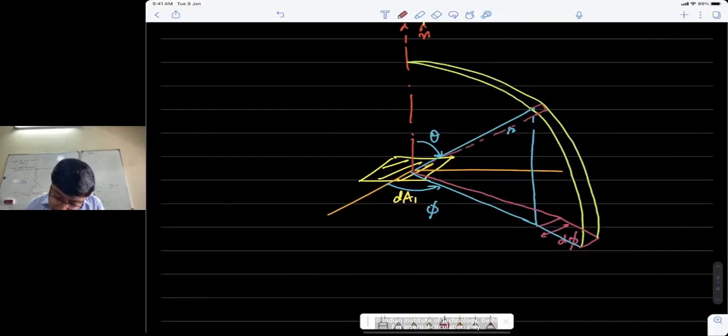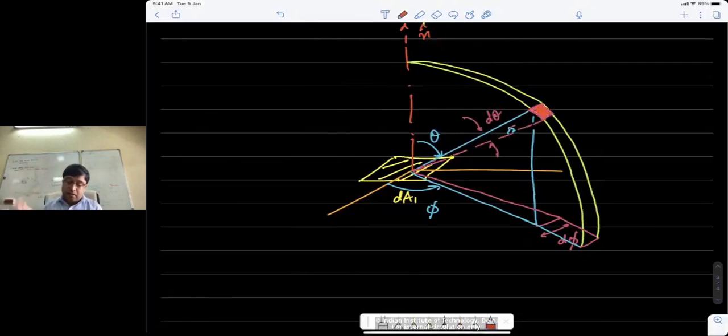So we'll have an element which I've drawn now very foolishly, a small element. So this is d theta increment, and then in terms of the distance, we're looking at, let's say, this area